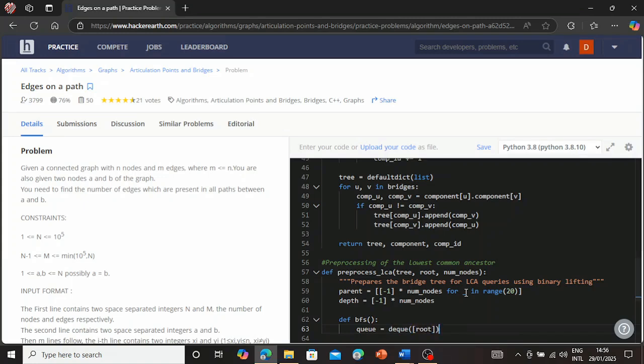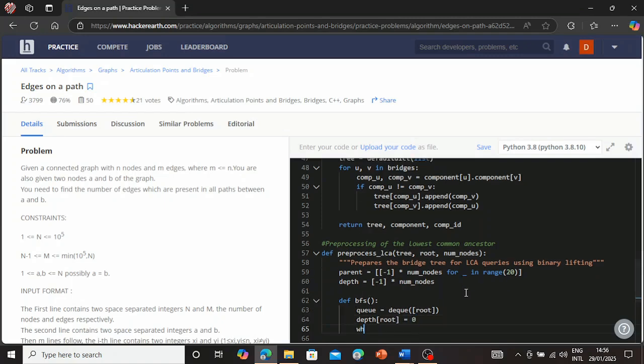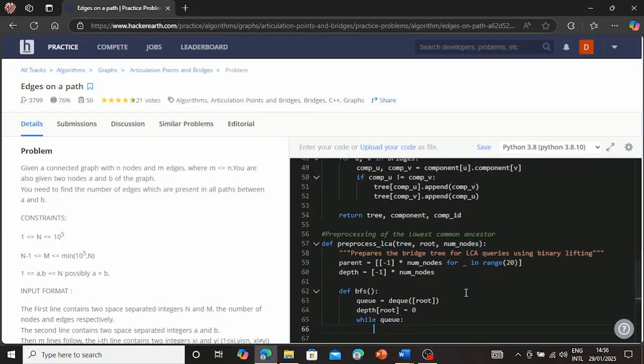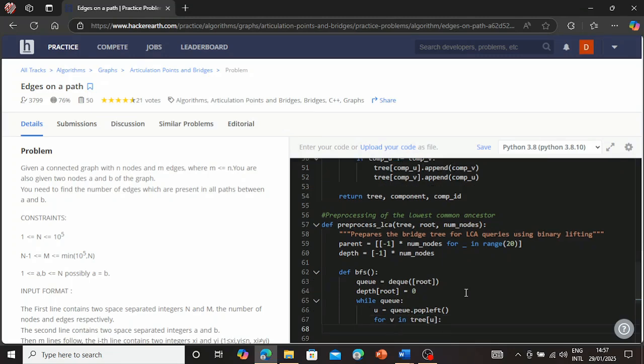So the depth of this root will be 0, and then while q, we will have u is equal to q dot pop left, so for v in tree u, if depth v